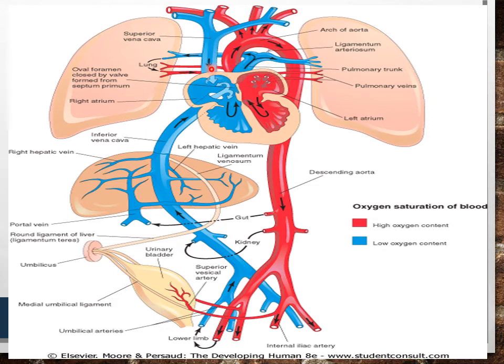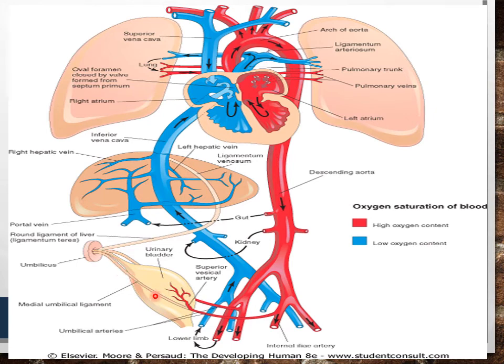And now you can see there is establishment of two hearts, the right sided venous heart dealing with the low oxygenated blood, and the left sided arterial heart having high oxygen content, and it is connected with the main aorta to supply the blood towards the rest of the body. So this is showing you all the circulation which is after birth.